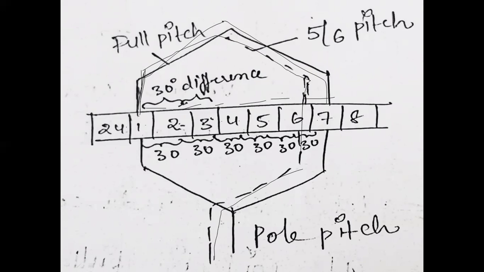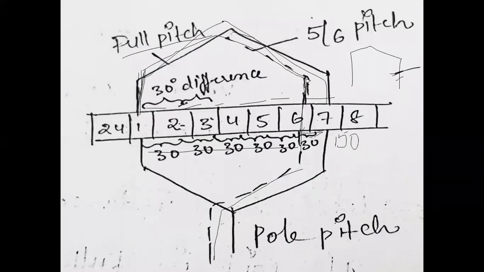So if I start the coil at 1 and end at 7, it is called full pitch, right? What is short pitch? If I start the coil at 1 and end at 6, before 7, the second side is ended at the 6th slot only. So I am ending the coil side one slot before. It is short by 30 degrees, so there is a difference of only 150 degrees between slots 1 and 6.